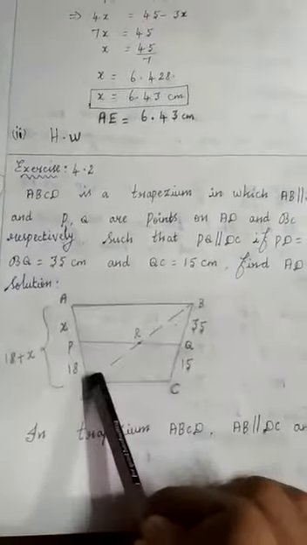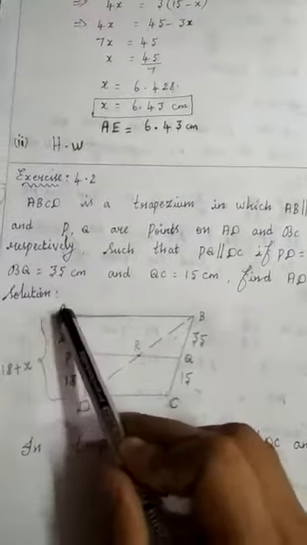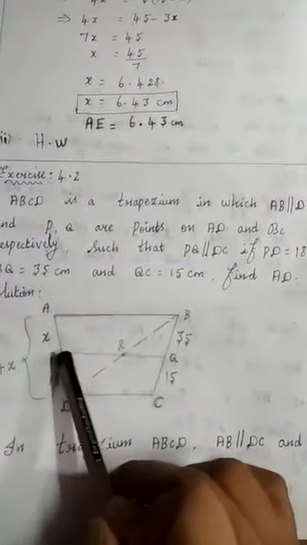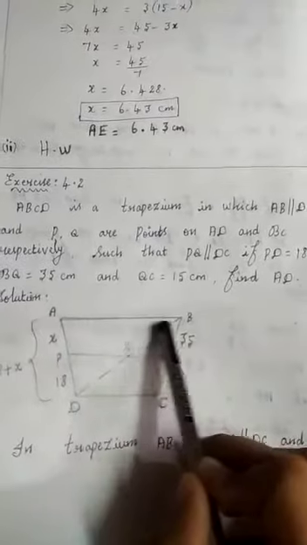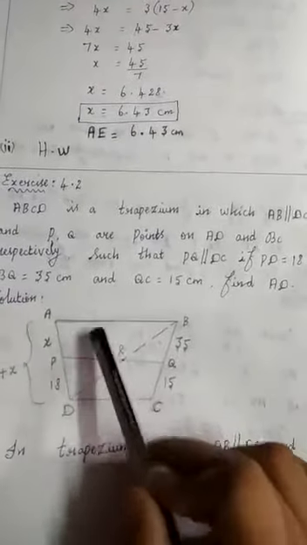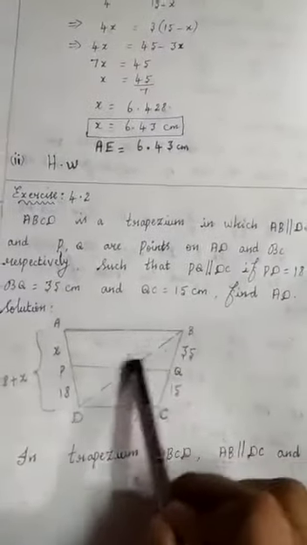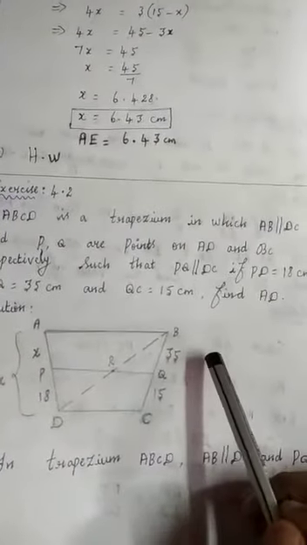Now see the next triangle, this triangle. The name of the triangle is ADB. In this triangle, which two lines are parallel? This PR line is parallel to AB. So these two lines are parallel, meaning this line divides the sides in equal ratio. Already you know that from the BPT theorem we have studied.